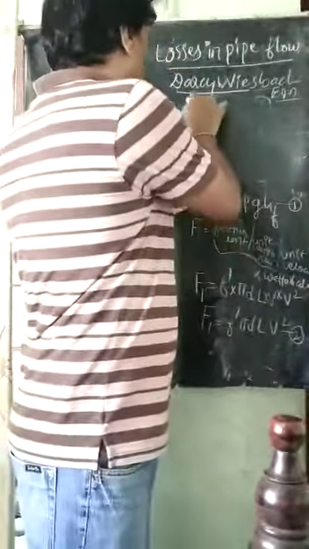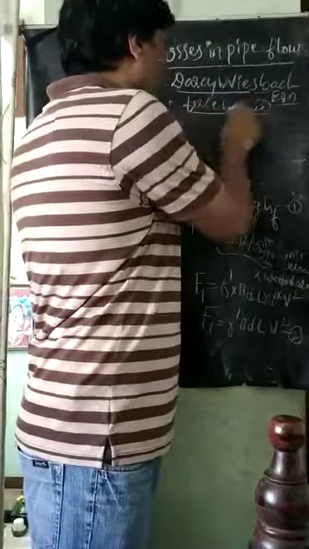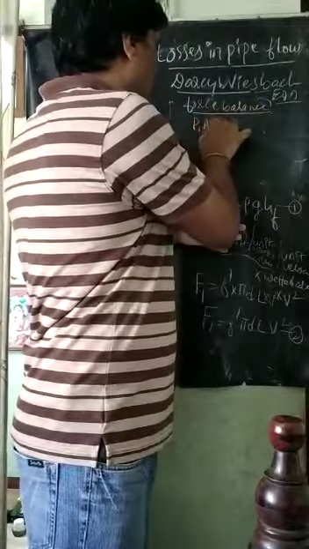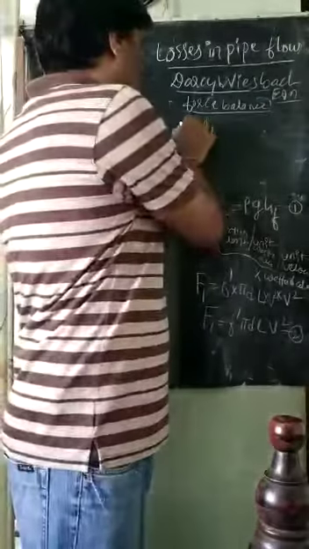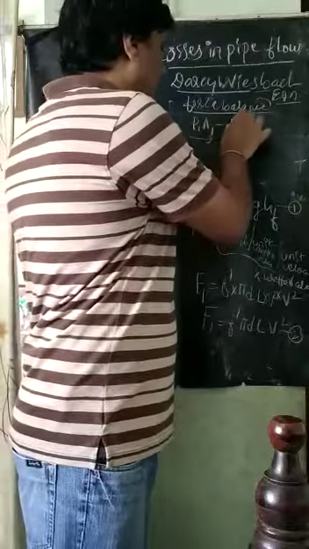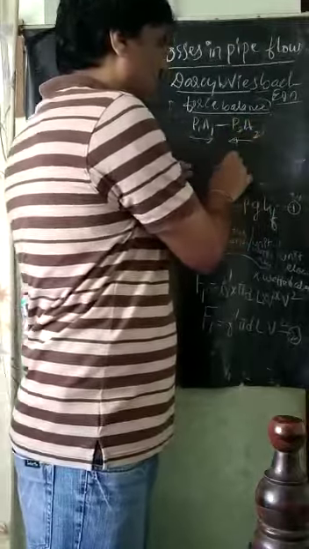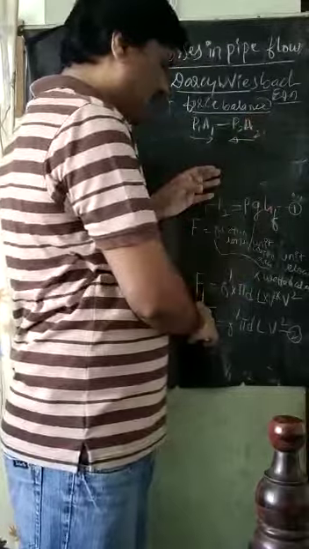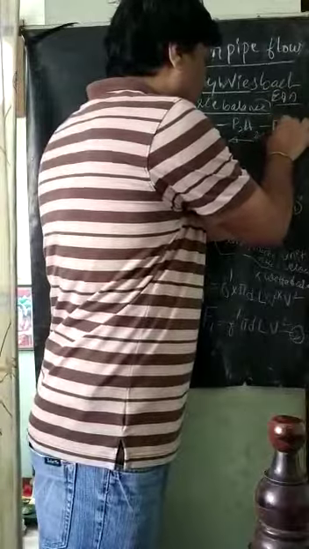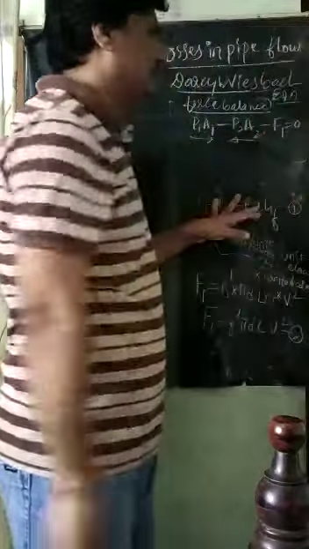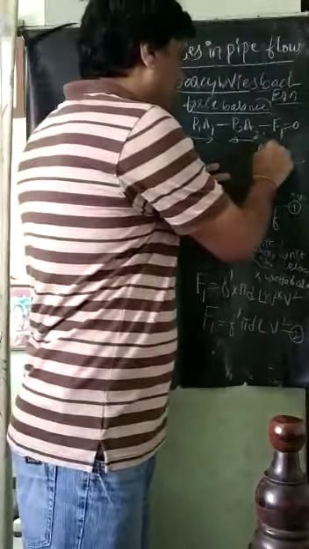So now for force balance here, for equilibrium, it is P1 A1 in this direction, and minus P2 A2, which is in the opposite direction, compressive in nature, and this frictional resistance is also opposite to the flow, therefore it is minus F1 equal to 0. Now we know A1 is equal to A2